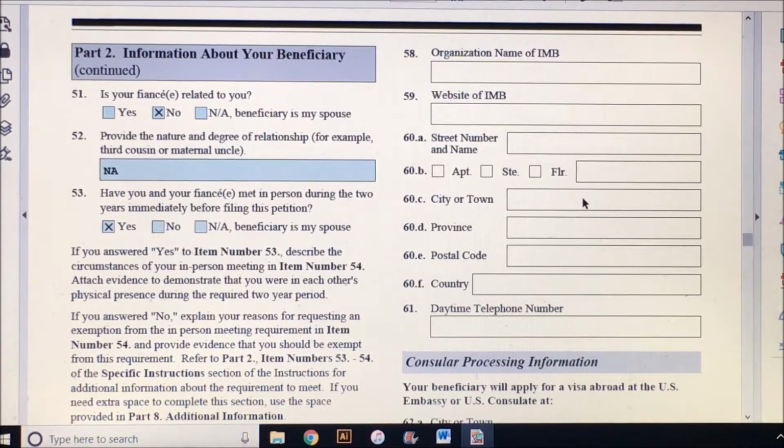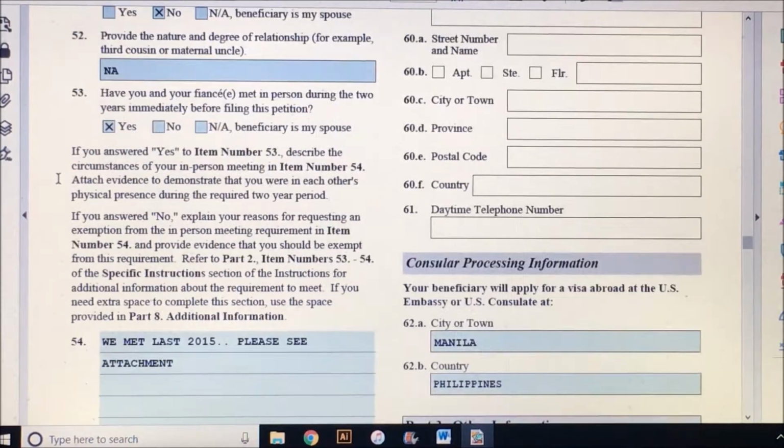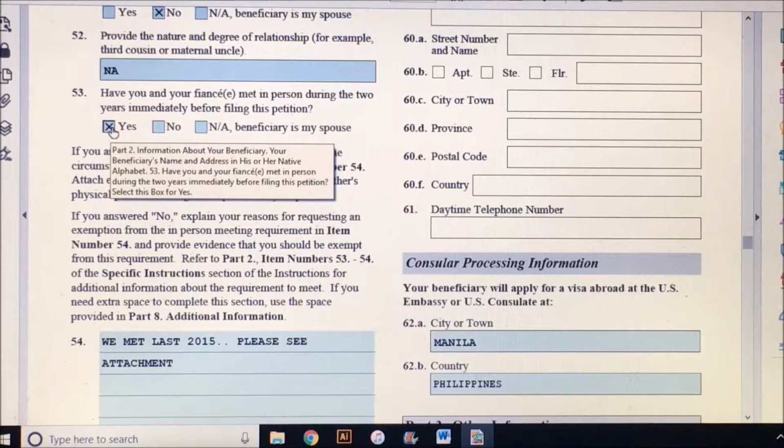Items 51 to 52: are the petitioner and beneficiary related? This should be answered with yes only if the couple has a known familial relationship, such as second cousin. So just indicate no, then NA. Then 53: have you and your fiancé met in person in the past 2 years? The answer to this question should be yes, or you will need to seek a waiver of the in-person meeting